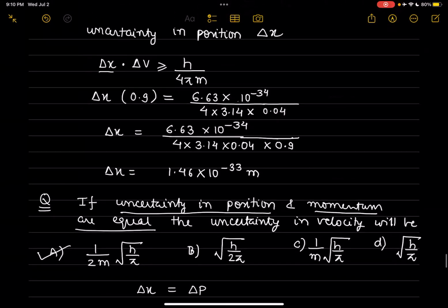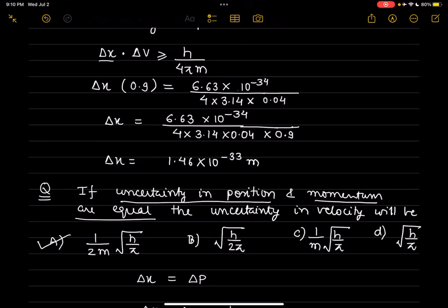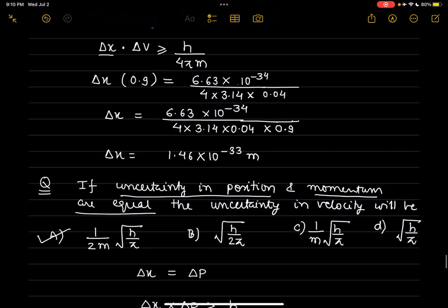So we'll only use the equal sign when it's mentioned in the question, minimum uncertainty. Yes, you are going to find the minimum uncertainty because it can be more, much more. You can have the values, right? So if it's not mentioned, then we have to use that symbol. Okay, equal to sign.